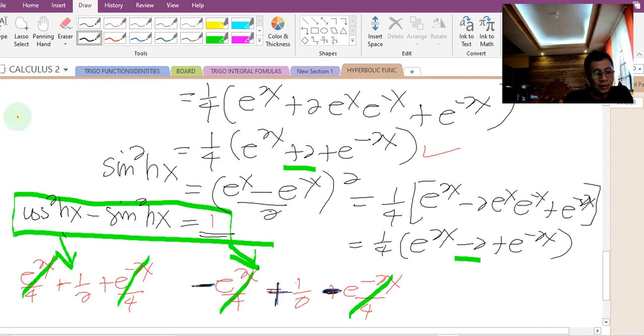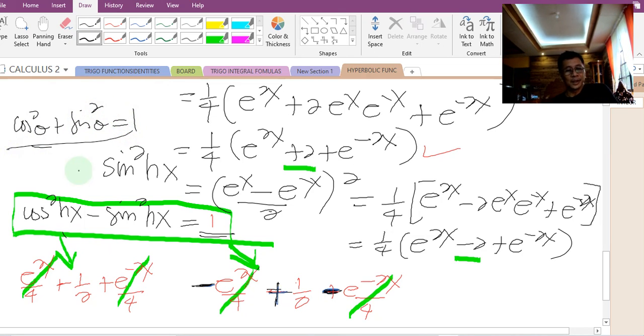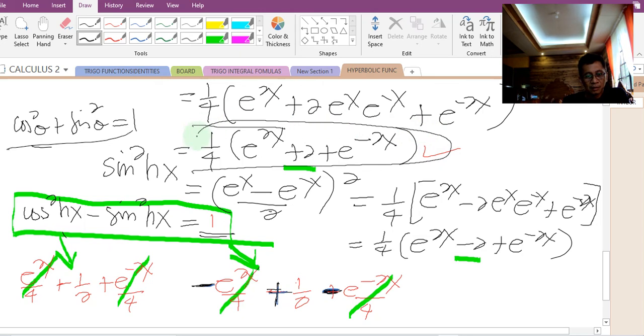Medyo similar lang doon sa cosine squared theta plus sine squared theta is equal to 1. Okay? So, hindi lang kayo malito. Iba yung hyperbolic. So, instead of using this lengthy expression, ito na lang yung gagamitin mo. Tapos pag i-minus mo yan, di ba ang haba nito? Ang haba pag i-minus mo yan. Pero kung alam mo na